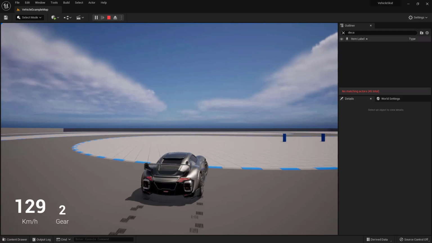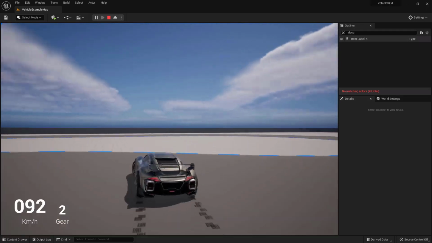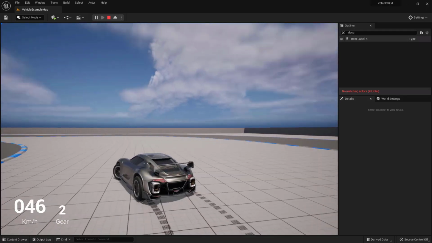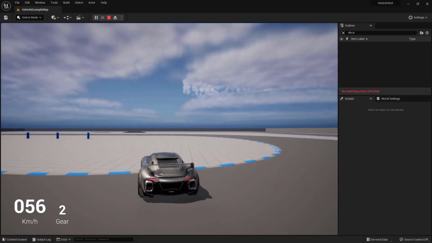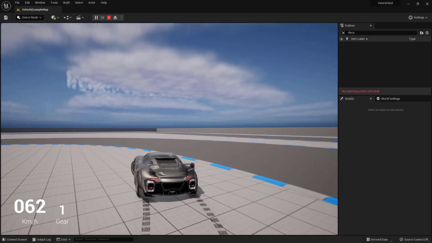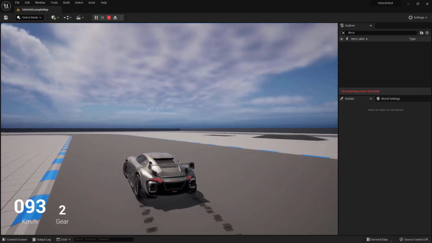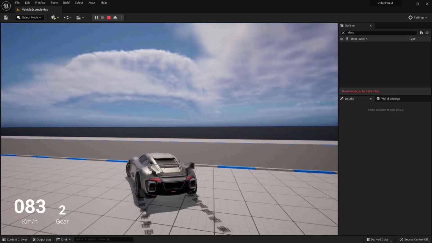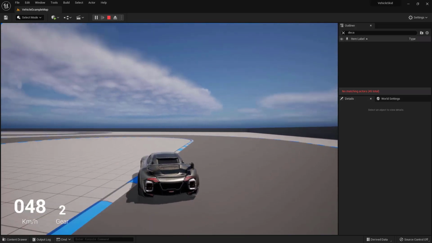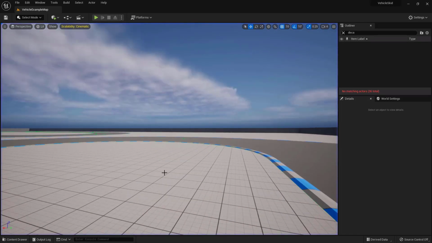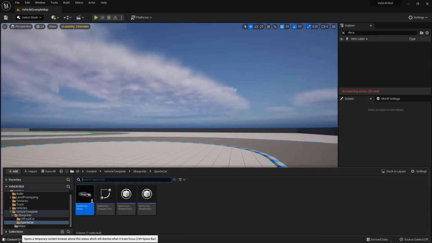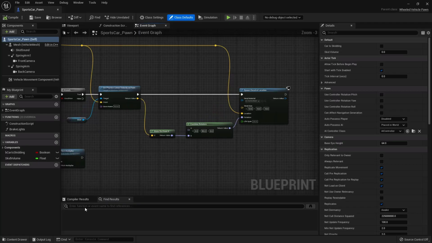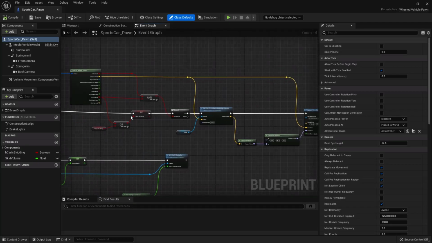You see that now the decals are following the direction of the car and the direction in which the wheels are traveling. But of course we can be a bit more sophisticated for the front wheels that are steering. So let's go back to our blueprint, and if we look at